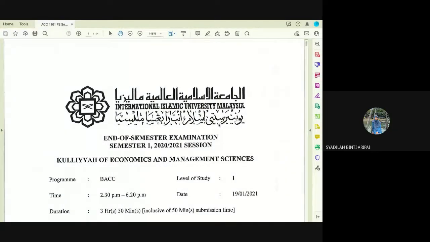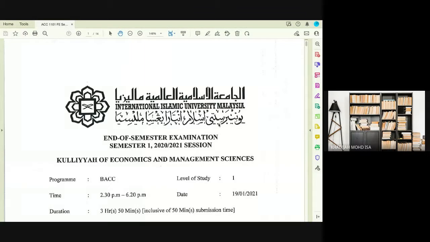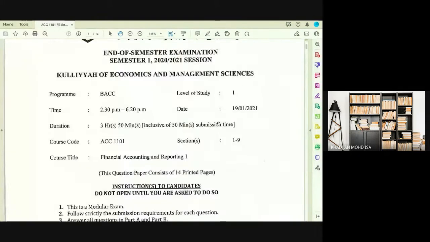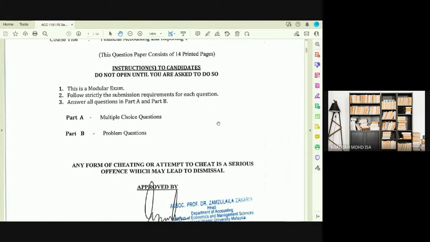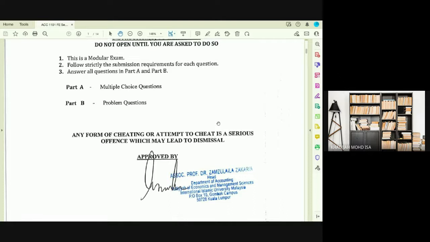All right, for your final exam in financial accounting, the format is almost the same. Every year we have the same format for this paper. For example, in this question there are part A and part B. Part A is the multiple choice questions, and part B is the problem questions. But because it's online,